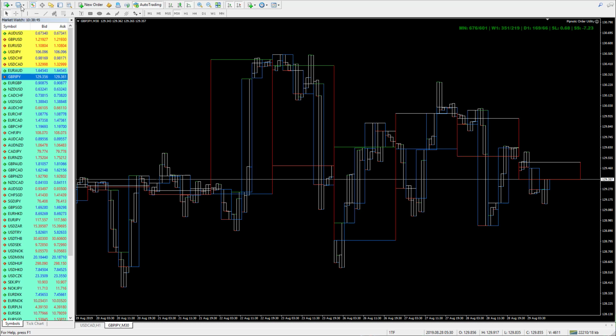We do have this, which I like. It looks like price likely already poked into it. So if we mark it off like that,